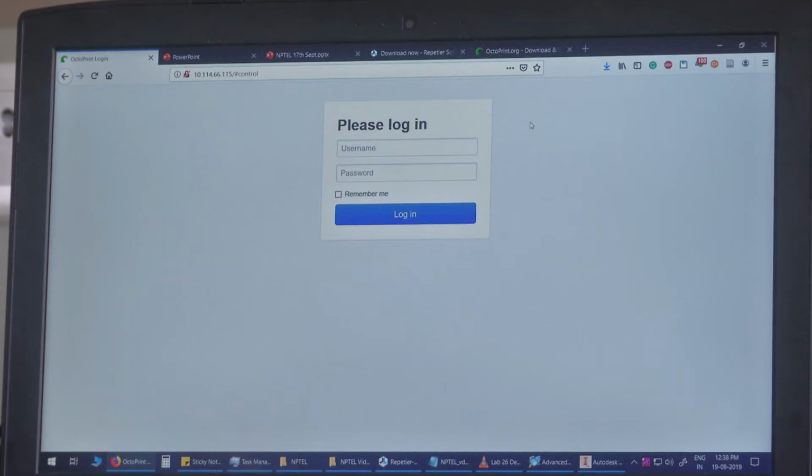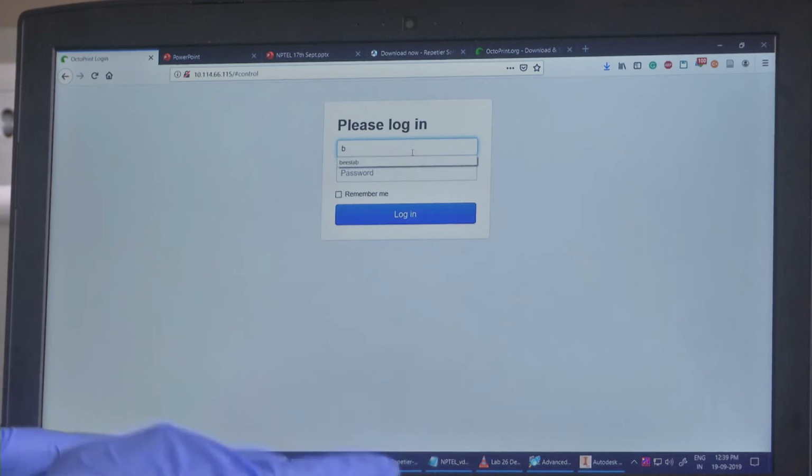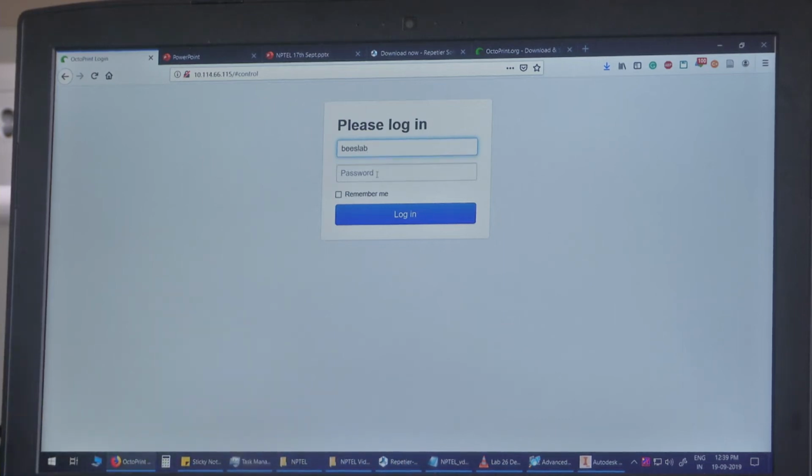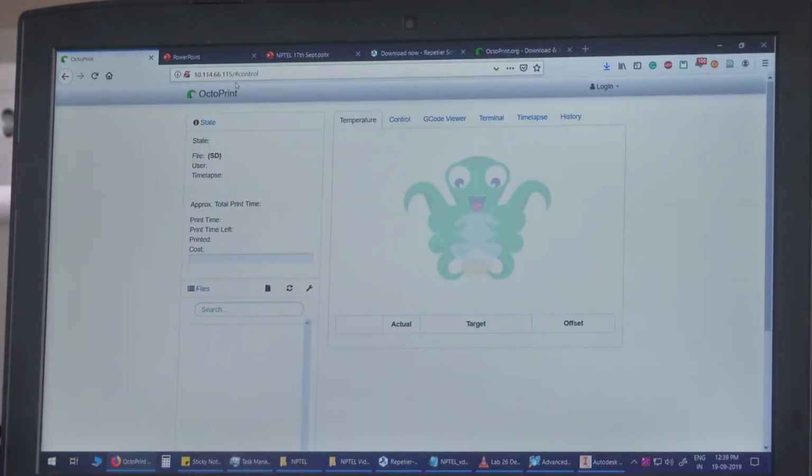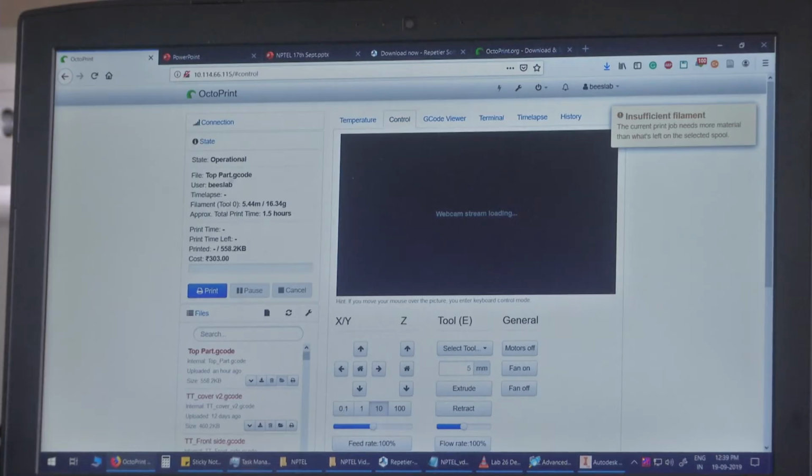After installing the Octopi software in the Raspberry Pi, we connect the Raspberry Pi to a LAN port. The next step is we have to find out the IP address of the Raspberry Pi. You can use any IP scanner. Here I will type my username and password. The username is bslab. Here see, I got a